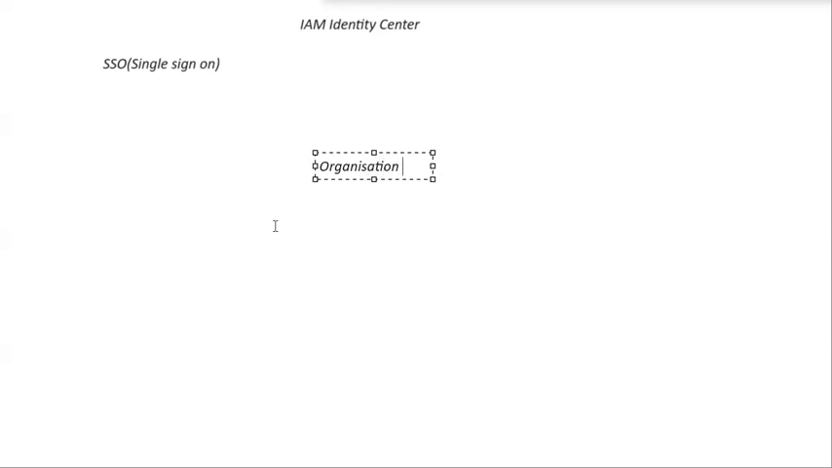So I have one organization. Under this organization, I have multiple root accounts. Let's say I have admin team here. They have their separate root account, and I also have